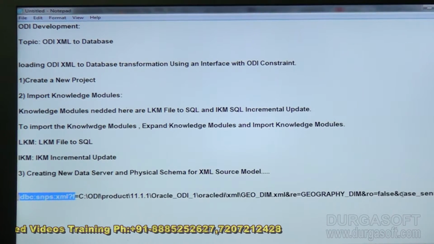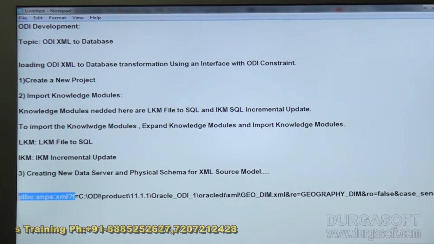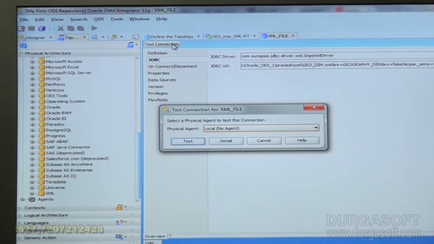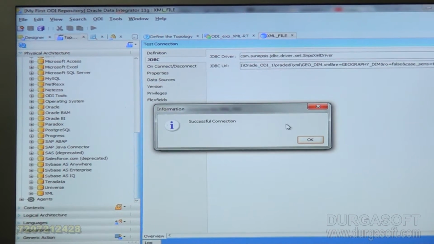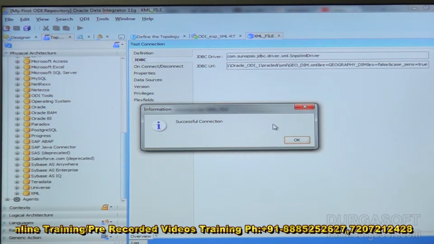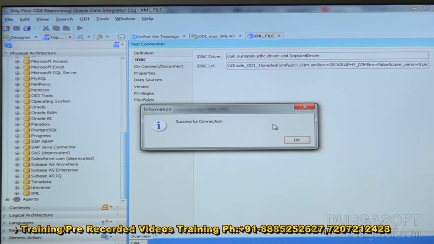After that, these options need to be selected. If not, it will throw an error, showing that it is not getting connected. In order to fix that, make sure that you have this option selected while loading the XML file, when connecting to the XML source. Once we select this and click on test connection, you can see that the test connection is successful. Once it is done, next,